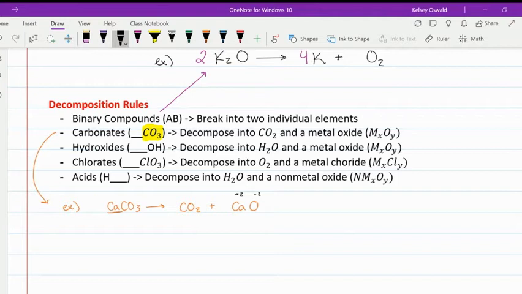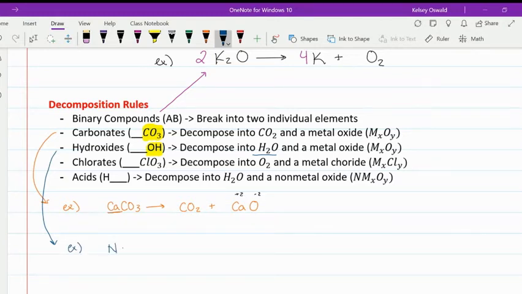We got lucky. Okay. The second type that we're going to look at is when a hydroxide decomposes. Hydroxide, that's another one of our polyatomic ions. This is when we see a compound with an OH. Okay. This guy is going to decompose into H2O. So H2O is always one of our products, and again, a metal oxide. So our metal bonded to oxygen. Okay. So let's say we have